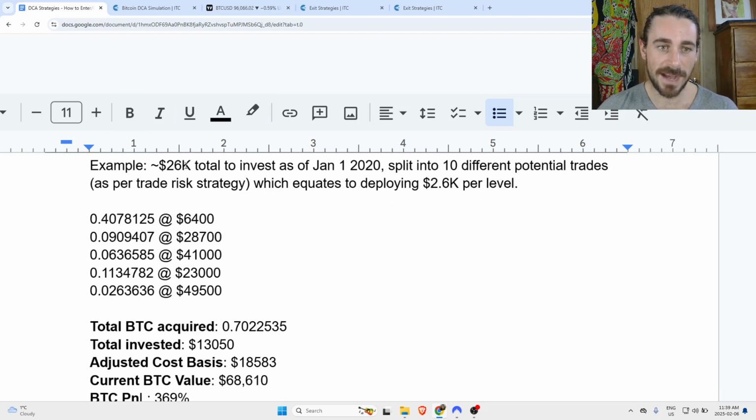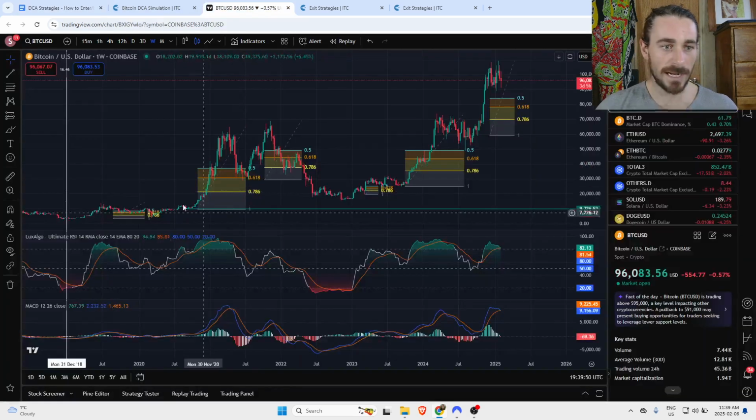So we have $26,000 here total to invest as of January 1st, 2020. Let's say we want to split it into 10 trades. I talk about not taking on too much risk at once, so you're looking at maybe allocating 10% at a time that you want to deploy at certain levels. So the levels that I pulled are just based